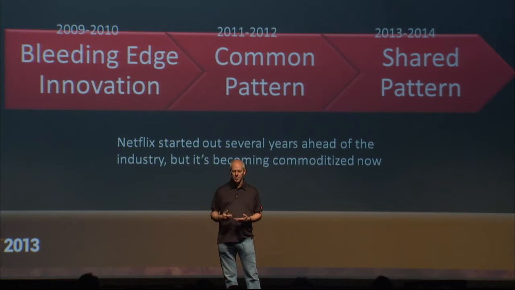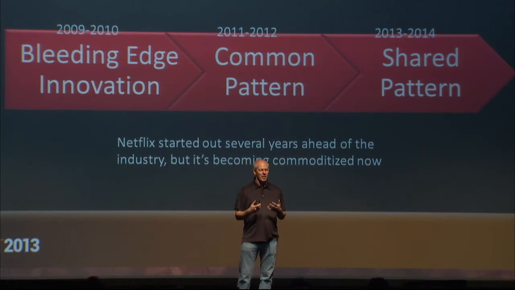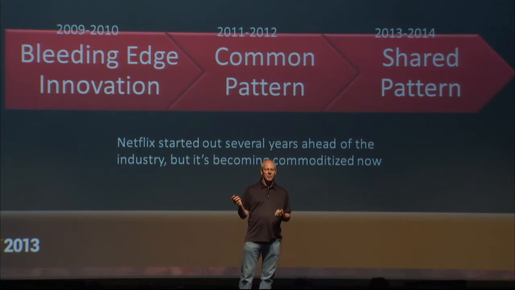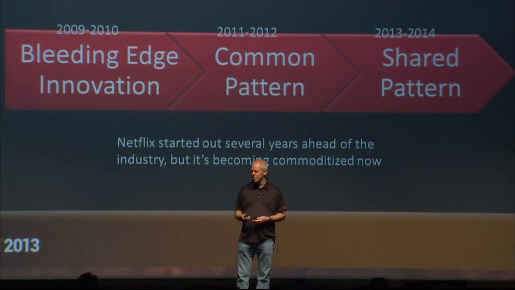There are other companies working in this way. We shared ideas, and we've evolved something that cloud native has become more of a common pattern now. What we're doing this year and going forwards is sharing that pattern by releasing open source the pieces that make up that. And it's because we don't regard this as being a competitive advantage for Netflix, having a cloud-native application. Our competitive advantage comes from having exclusive rights to interesting content you want to watch and lots of data about people that we can use for personalization algorithms. So the platform infrastructure is a means to an end that we're interested in sharing with people so that we can make that platform better by having an ecosystem around it.